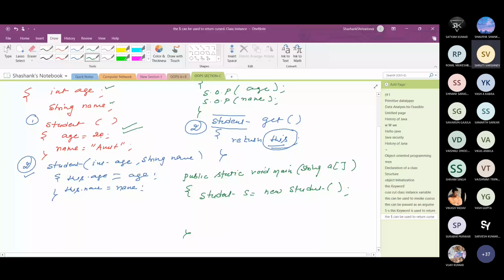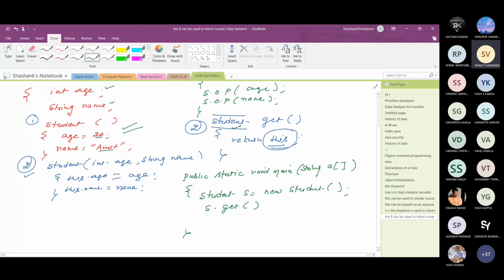Now with the help of s, if I call get method, what will this get method return? This get method will return an object of which type? Again, student type.